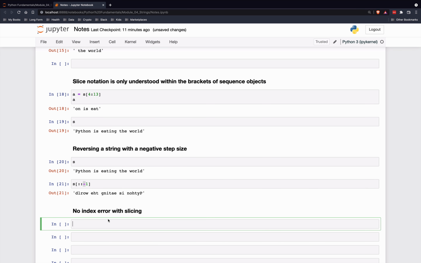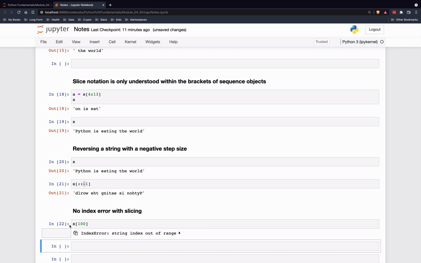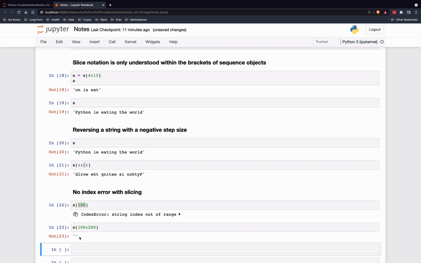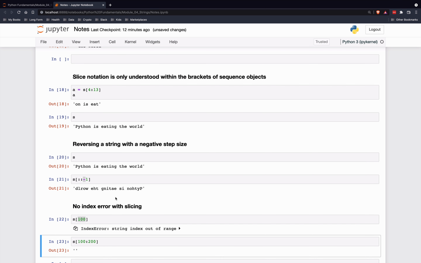And one other little note here is that there's no index error when slicing. Remember, when we try to select a single value, we'll get an index error. But if we slice, say, from the 100th character to the 200th, these don't exist, but there will be no error. What will be returned is an empty string. So that's not an error, but the slice returns nothing, just a string with no length whatsoever. So you will not get an error here if you go outside of the